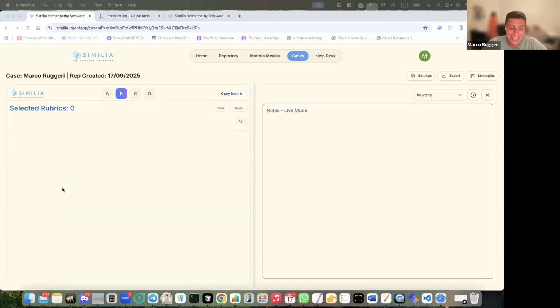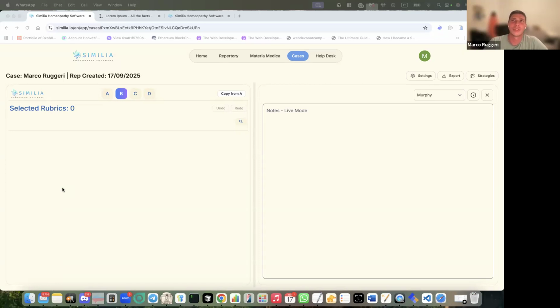So basically with homeopathy, the case taking is something the machine will never be able to replace: the relationship with the patient, the empathy, the feelings, the relation. It's something that we are better at as humans, and we should focus on that. So I believe in the future,